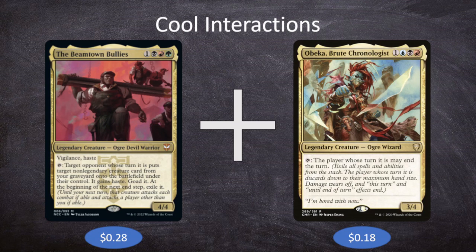So, Obeka, Brute Chronologist is 1 blue, black, red for a 3/4 legendary creature, Ogre Wizard. Tap, the player whose turn it is may end the turn. So we could put any creature into play under our opponent's control with the Beamtown Bullies. It's going to gain haste, it's going to be goaded, and at the beginning of the next end step, we